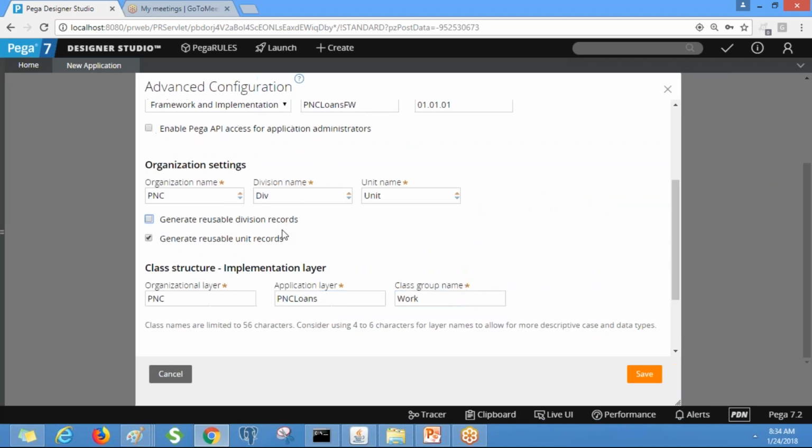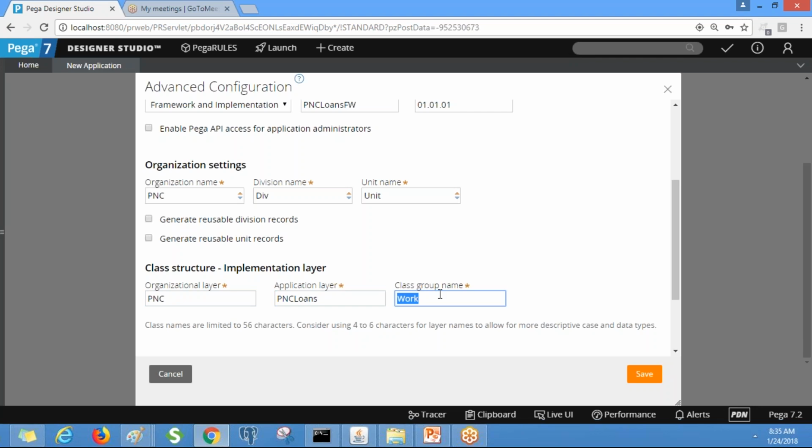I'm not going to select reusable divisions and records. By default we will have an organization layer and an implementation layer, and 3-level classes. This is the organization class and this is the division level class, not a divisional reusable layer.